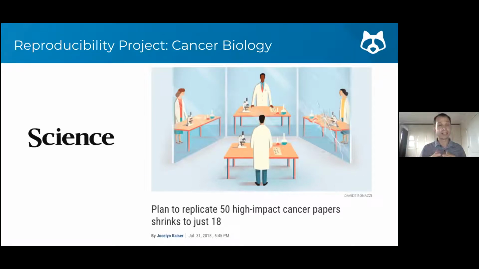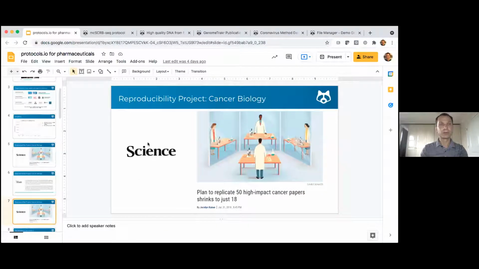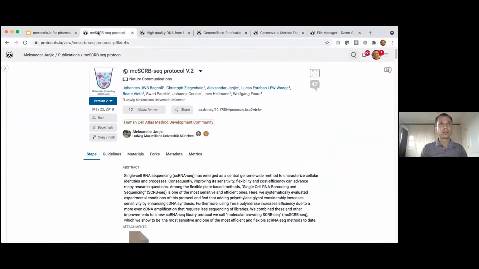And as I said, when that person leaves, good luck figuring out in that research team what exactly was the protocol that was used. So at this point, we've talked enough about the why of protocols.io, but I'd like to do a live demo of some of the, not exhaustively, but some of the key features of the platform.